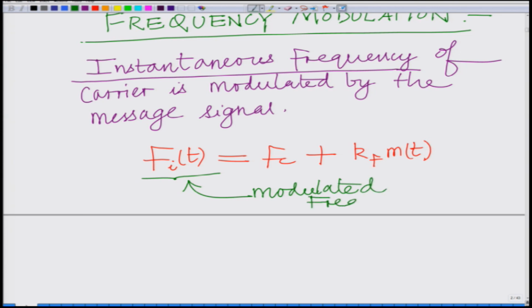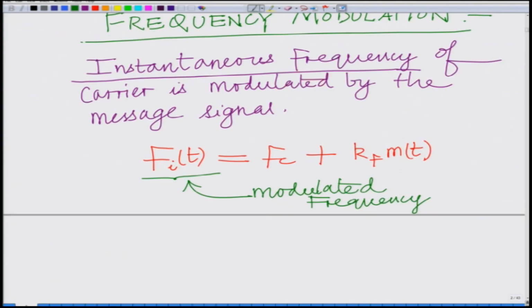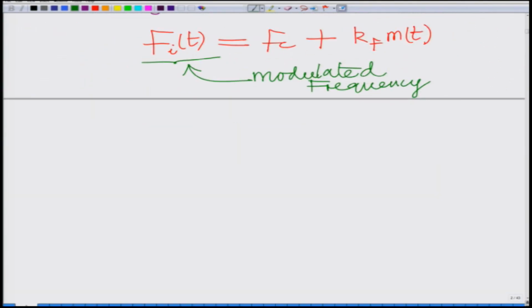Modulated frequency, or basically, you can think of this as the instantaneous frequency of the modulated signal. So, you can think of a carrier wave in which the frequency at every time instant depends on the modulating message signal m(t). Now remember, frequency is the rate of change of phase, therefore the phase of this is given as